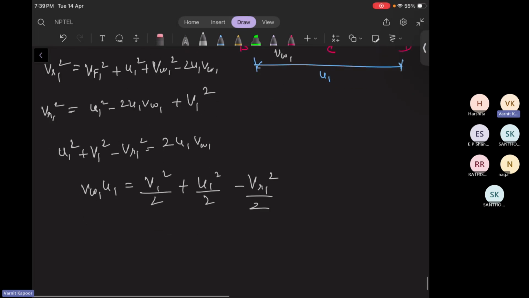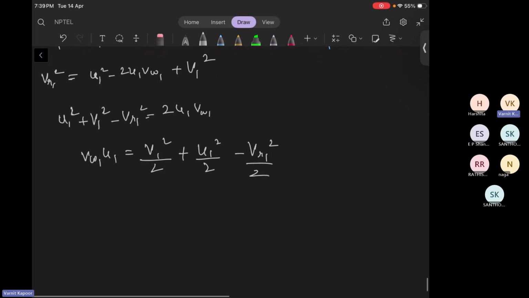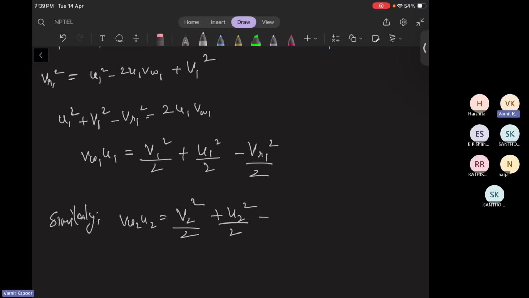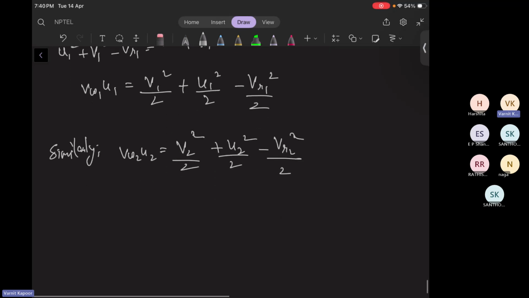I'm again deriving the same scenario which we have derived in the principle of the rotary compressor working in the previous tutorial. Similarly, you can get VW2 U2 will be V2 square by 2 plus U2 square by 2 minus VR2 square by 2. Now you will write your Euler work, that is, therefore